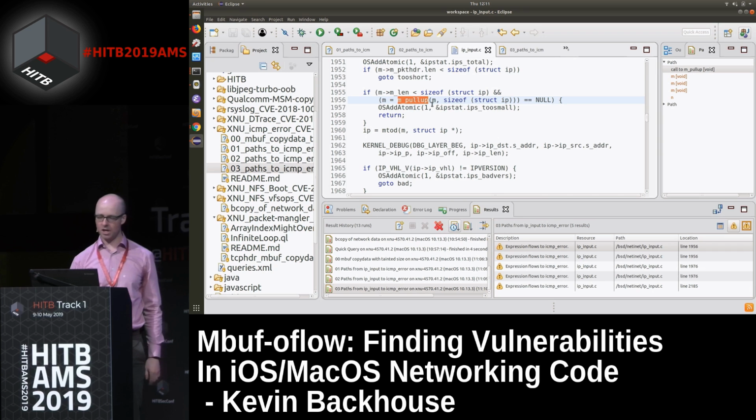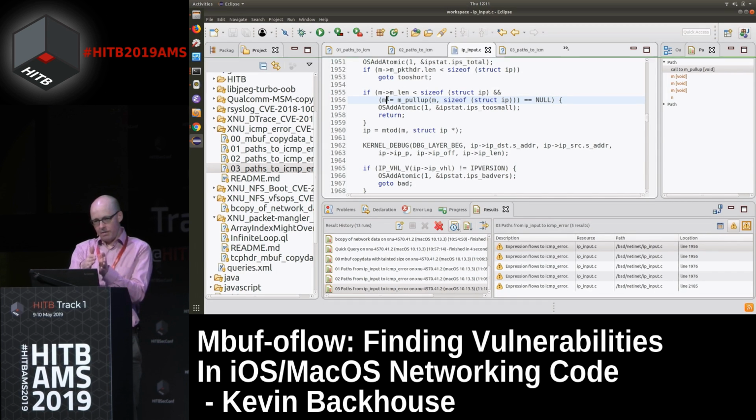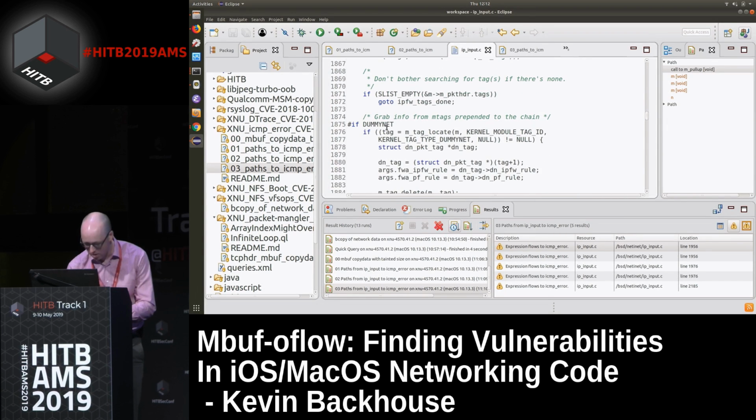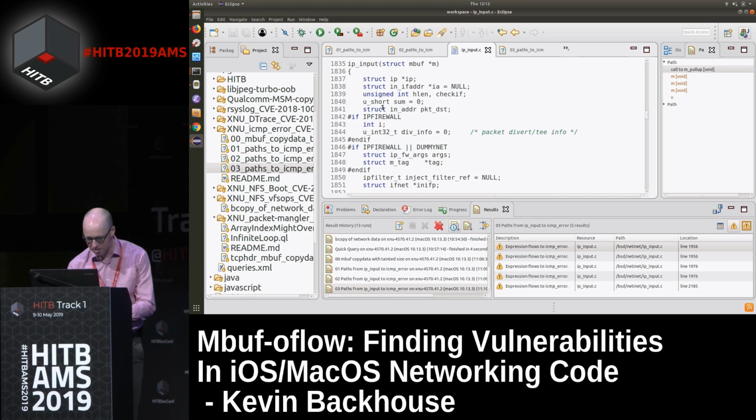And so they use this mpull-up thing, and what that does is if the first element of the linked list is too small, so if the size of that first element is less than the size of a struct IP, then what they want to do is reallocate the memory, copy at least that number of bytes into the first element of the linked list so that they can then start reading it without accidentally going off the end. So that's what's going on here. And just to show you quickly, we are somewhere in the middle of this IP input